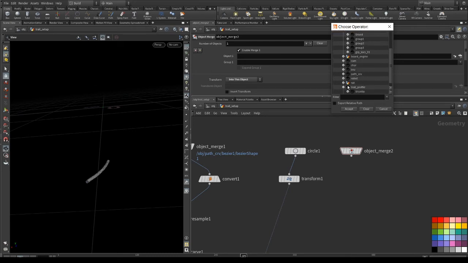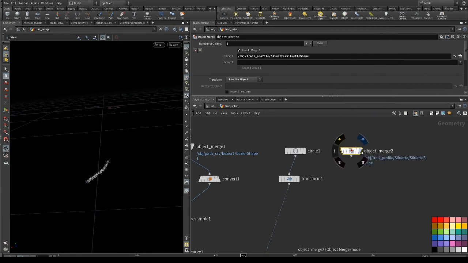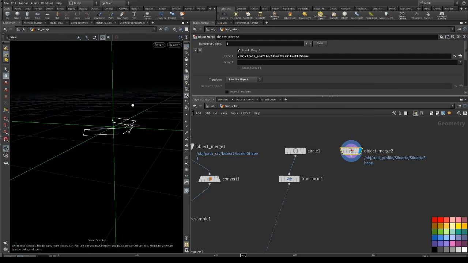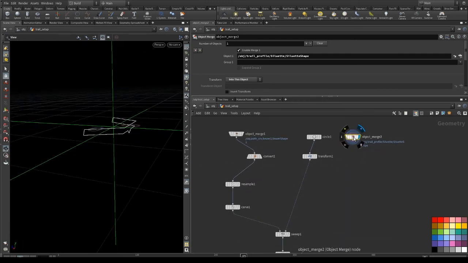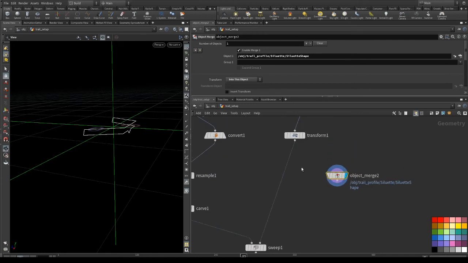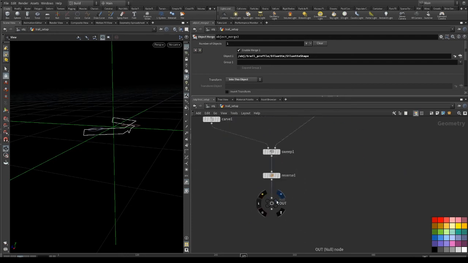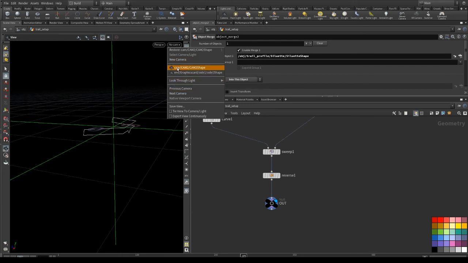I use trail profile. Just take this. You see we have now this profile curve, and I will use this profile curve instead of my circle. And now we have, if we look into the camera,